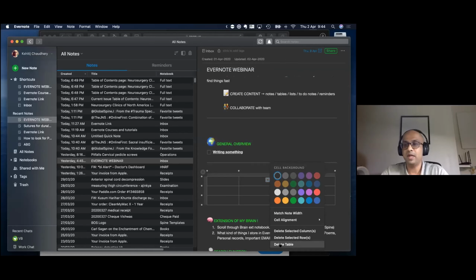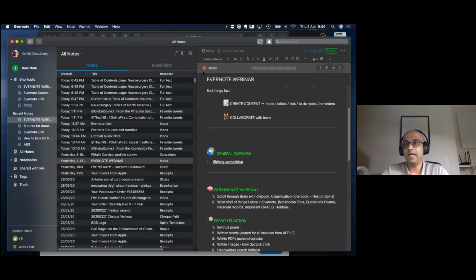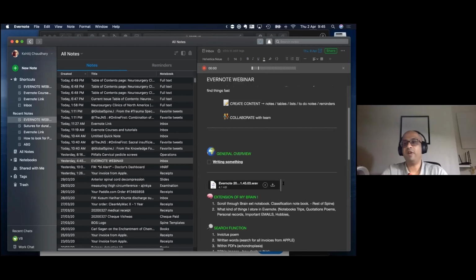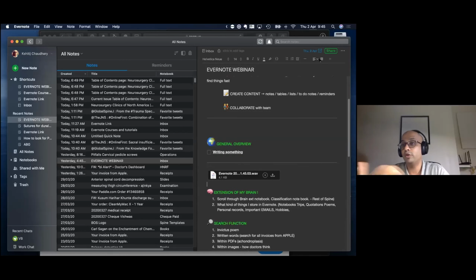to create some content. And you can add audio to it. As we are speaking, I can record this audio, and this file will get attached here as a WAV file. So you can record lecture notes if you are sitting in a lecture listening to somebody's presentation, and you can record that whole audio in Evernote and keep it there with you so that you can go back to it